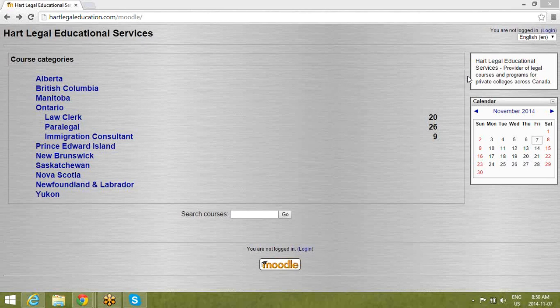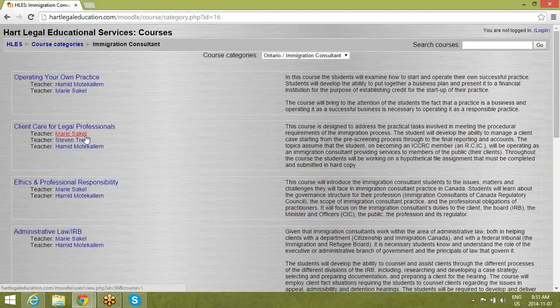And when you click on this, this is what you'll see for most of our websites. Some may look a little different in the future. And you'll see under Ontario we have law clerk, paralegal, and immigration consultant. Now, if I were to click on immigration consultant, for example, if I was concerned about a course in that program, I would simply click, as you see, and it pulls up a number of